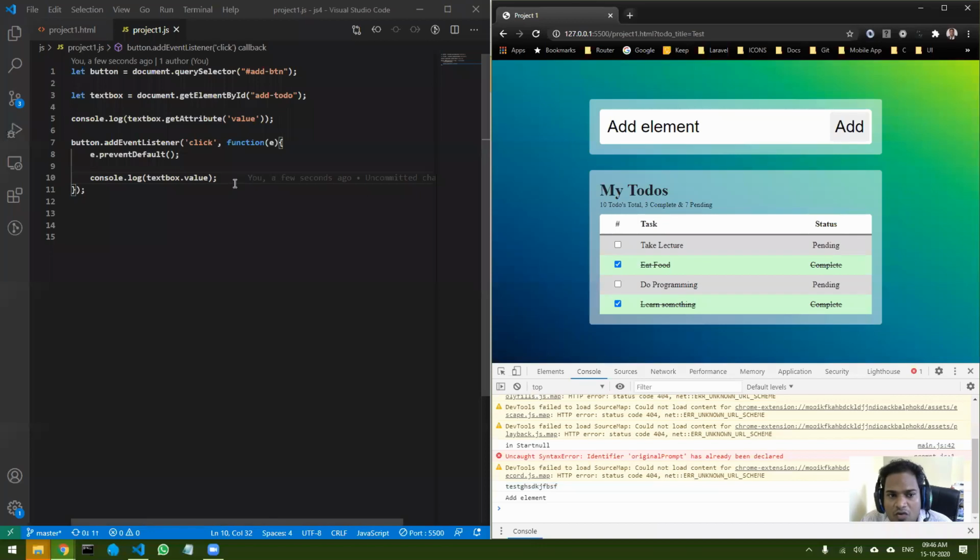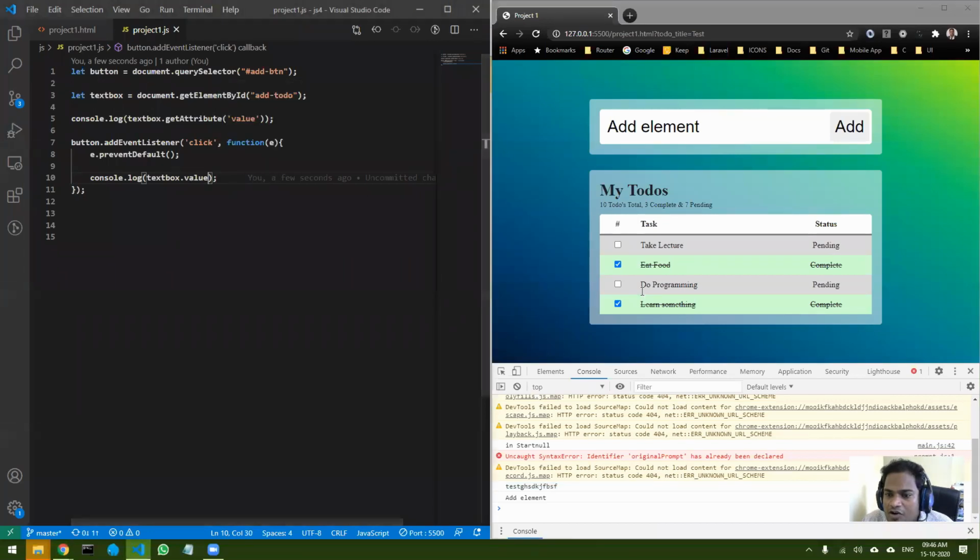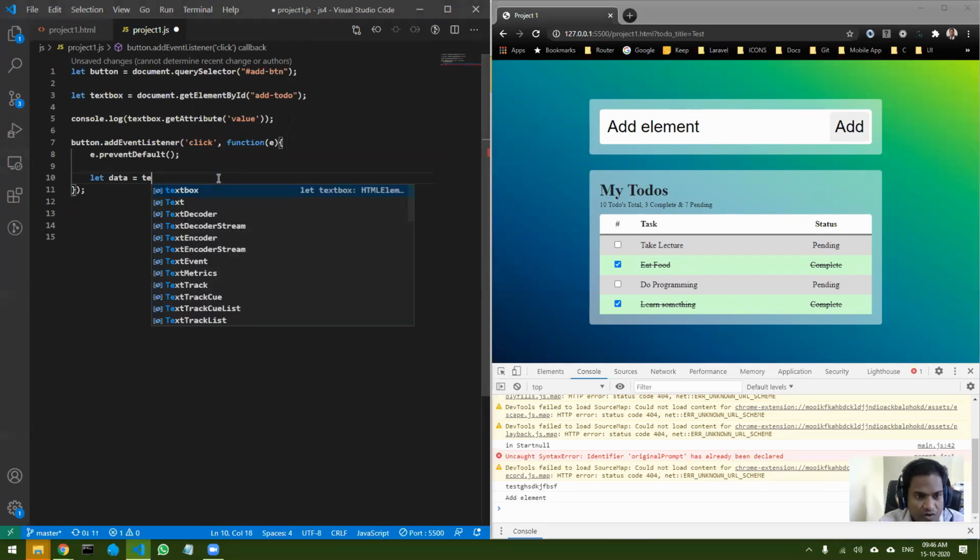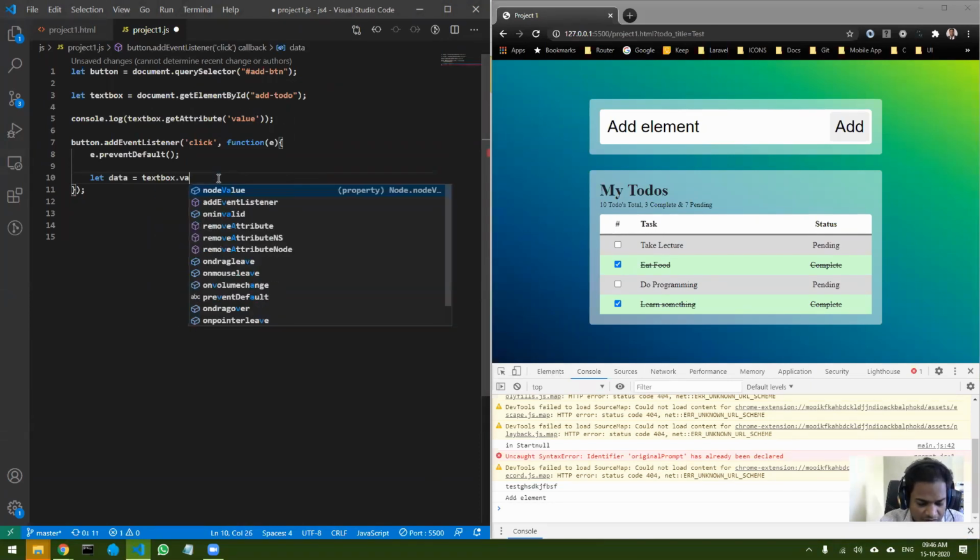Now what I want to do is I have this element and I want to add it. First, I want to store it in a variable. So instead of doing console.log, let's set a variable. Let data is equal to text box dot value.